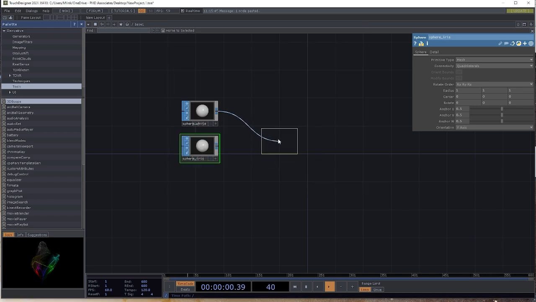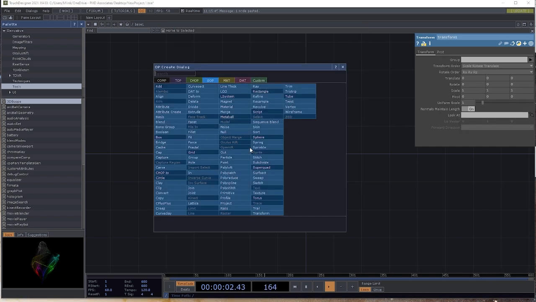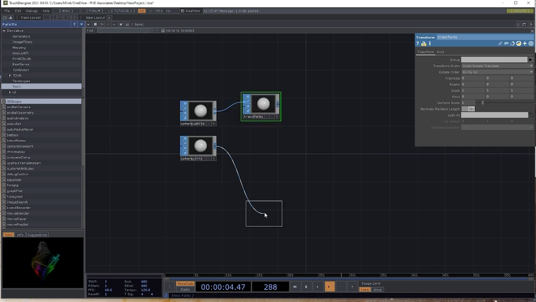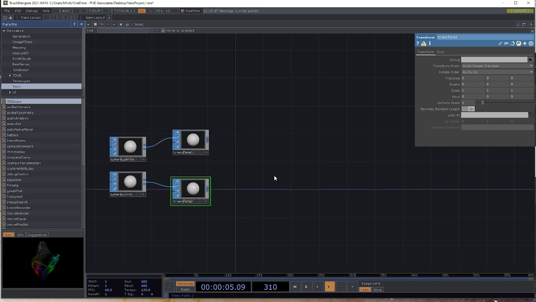Then we're going to hit transform and get another transform for both of them. The reason I'm doing this is I want to texture the iris and the sphere separately. Now that we've got this, before I start editing the size of the iris and everything, let's get up a